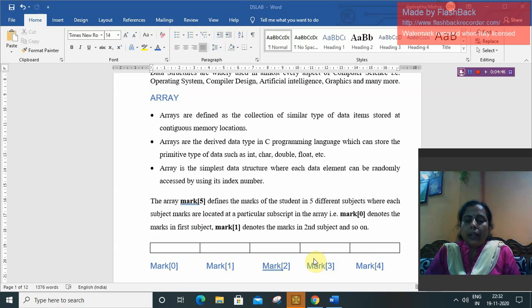This is the array mark, and every element can be stored in a separate memory location having index names mark[0], mark[1], mark[2], mark[3] and mark[4]. Means index will start from 0 to size minus 1, or n minus 1. So here in this case 5 is the size, so 0 to 4.